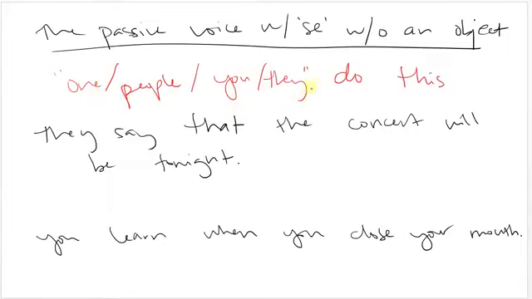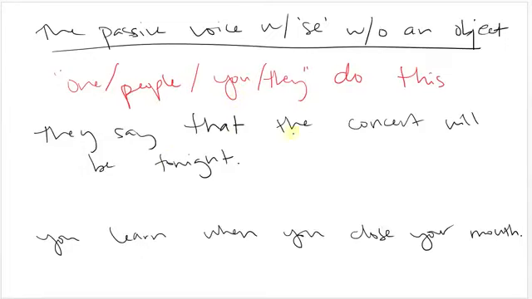When you're not really specifying an exact person, but you're saying in general, people don't speak when they're at the movies, right? Or in general, you don't speak when you're at the movies. Not a you specific, but you general. And this is always going to be with se, and it's always going to be singular because there's no object, so there's nothing that would make it plural.